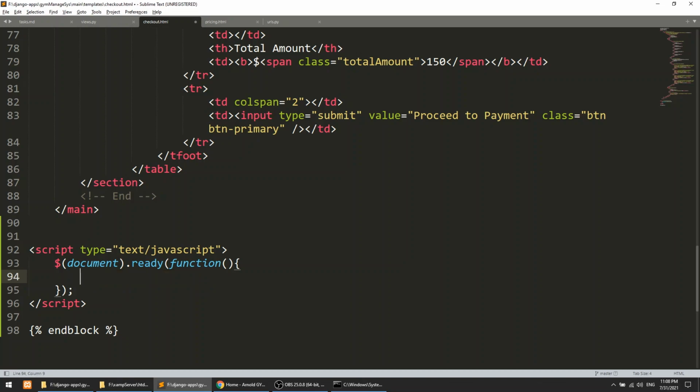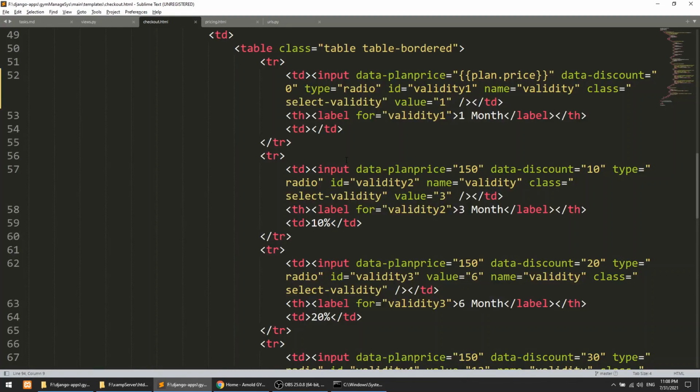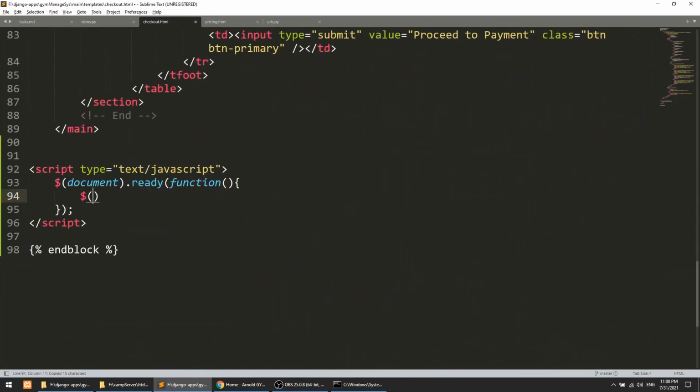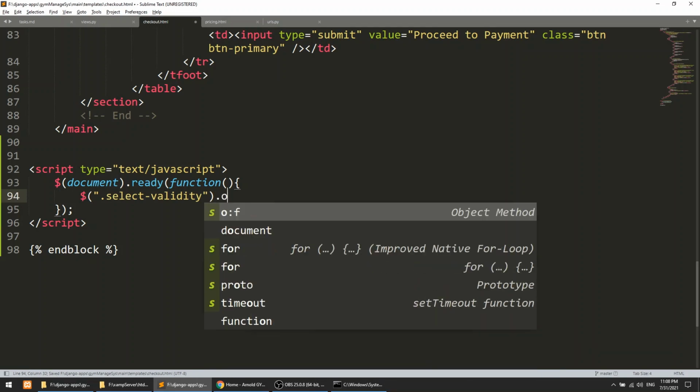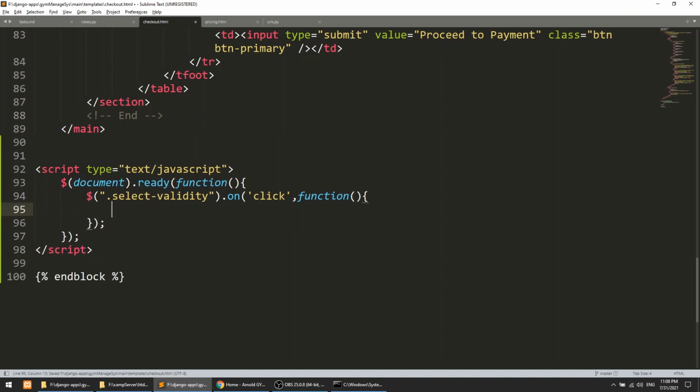So now we will apply this so that when we click on this package, this validity, the price will change. Okay, so here I have defined a class, the same class on every radio button. So select validity is the selector, and for the click functionality, when we click on this, I will run a function. Because I am in the select validity context, I will fetch the plan price.